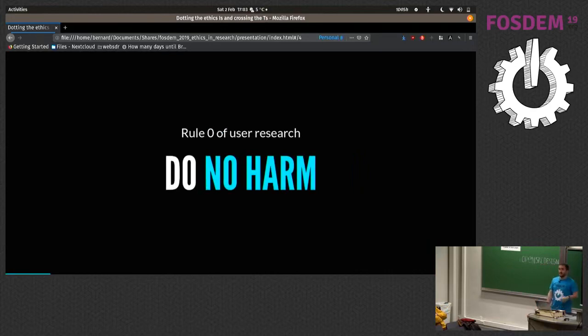So the rule 0 of user research, like the rule 0 of Hackspaces, is don't be on fire. The rule 0 of user research is do no harm to the user. These people are giving you their time, speaking to you, opening up potentially their lives, their houses, their work to you for the sole purpose of you using that information to design better software that more than likely will affect them.